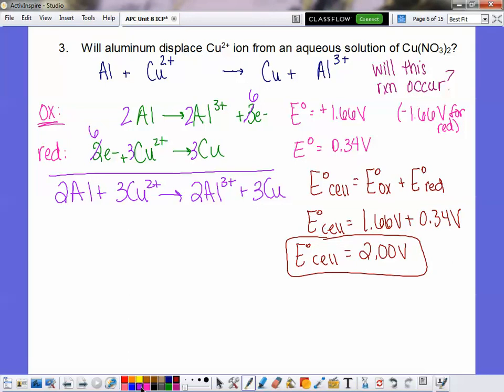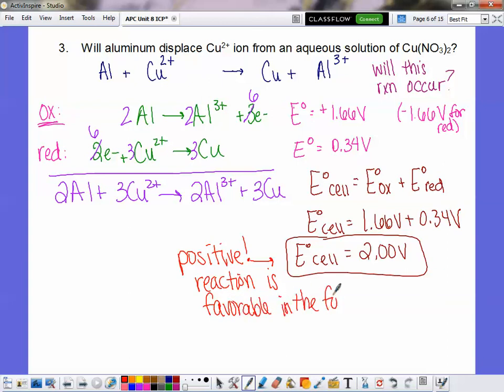And since that is positive, that means that the reaction is favorable in the forward direction. That means that this reaction, as written, aluminum plus Cu2+, will occur because we will receive electricity from